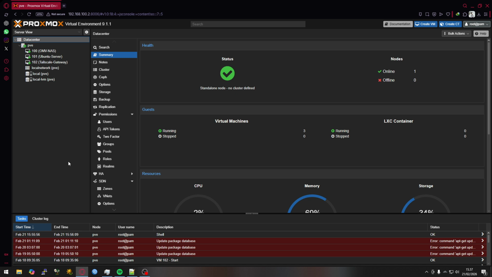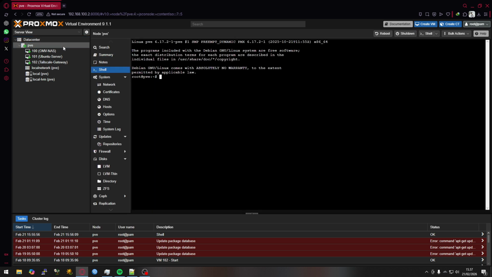Hi, my name is Panji and I am currently working on a home lab project. Instead of renting expensive cloud servers, I decided to try something different. I built my own private cloud at home. This series is not about being an expert. I'm actually still learning Proxmox myself and I want to document the entire journey as honestly as possible.